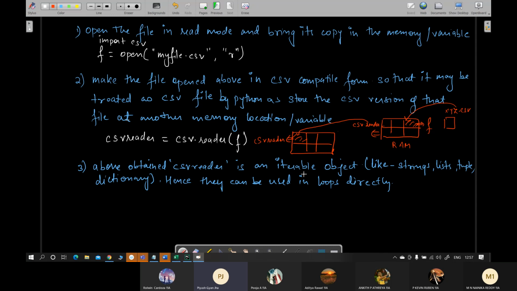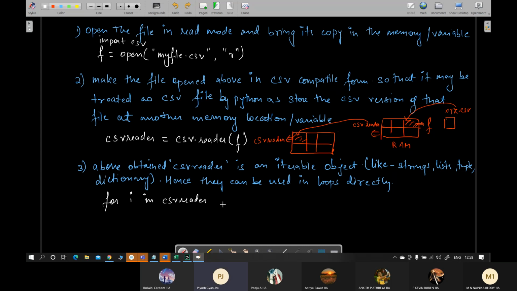And this happens to be an iterable object, just like strings, lists, tuples, dictionaries, so that you can directly use it in loops. Okay. And therefore you can apply this for I in CSV reader.